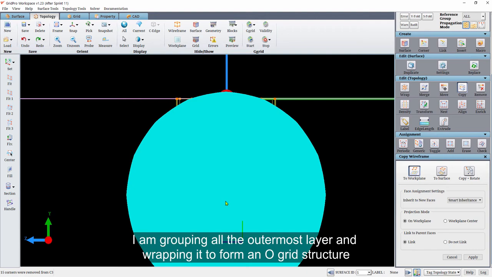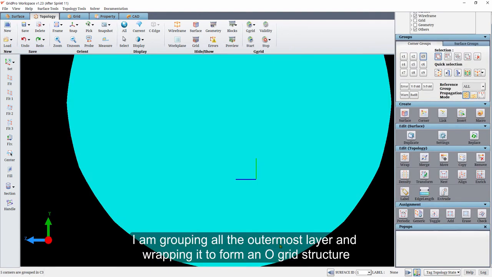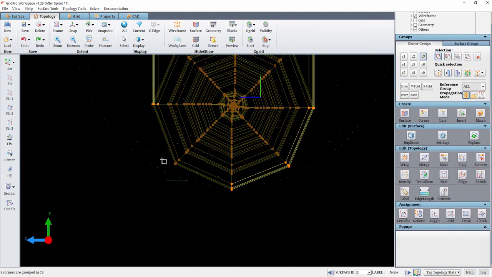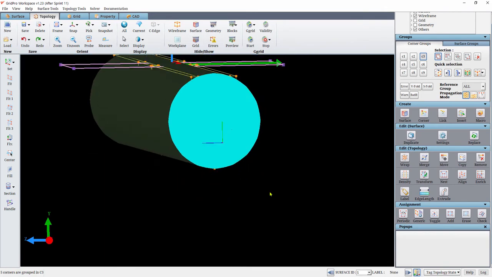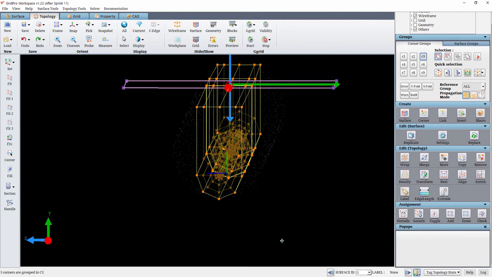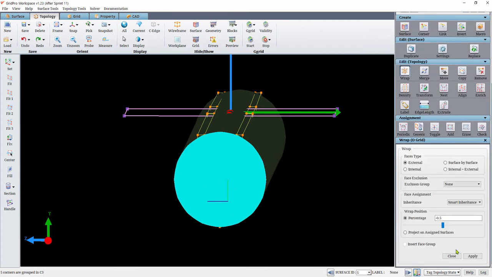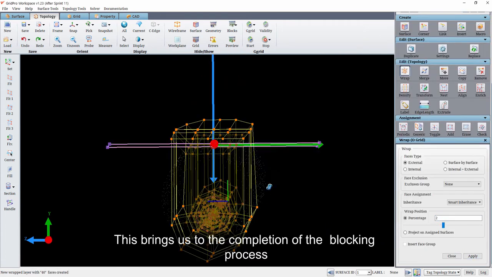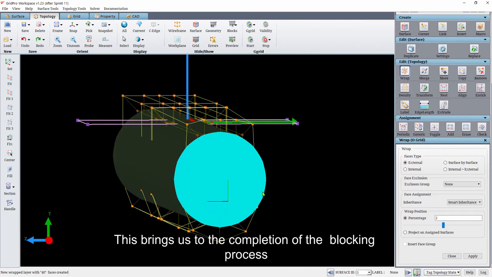I am grouping the entire outermost layer and wrapping it to form an O-grid structure. This brings us to the completion of the blocking process.